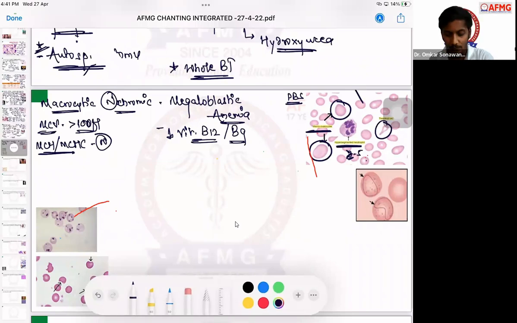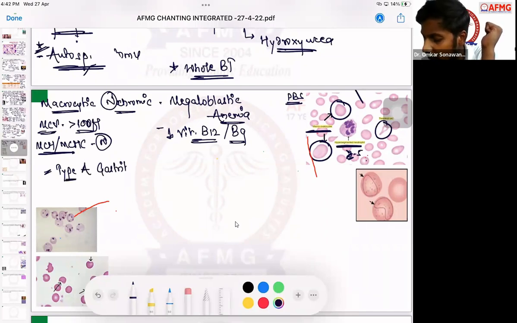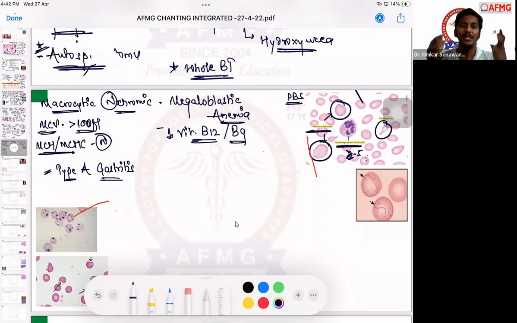So please let me know. Very good. It is type A gastritis which is the cause. Please remember, it is type A gastritis, or autoimmune gastritis, which is the cause of pernicious anemia, because type A or autoimmune gastritis will damage the parietal cells, and therefore there would be a decreased amount